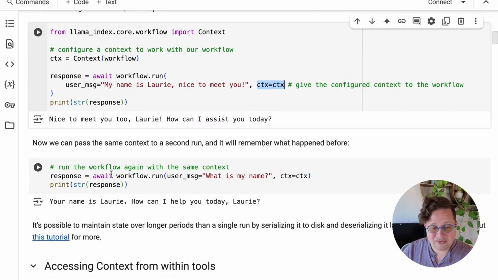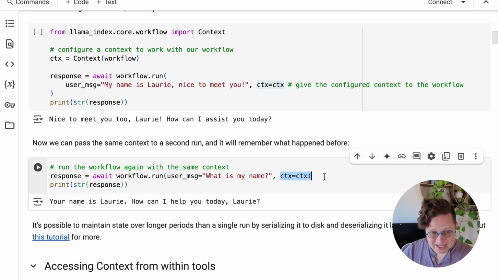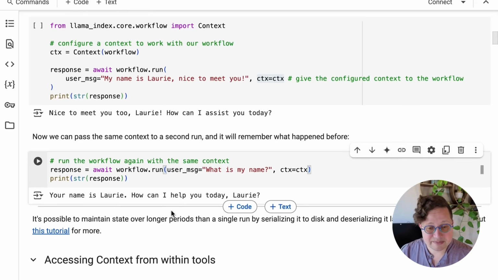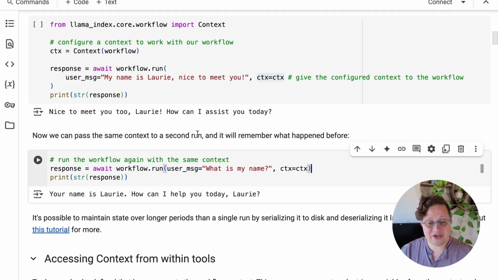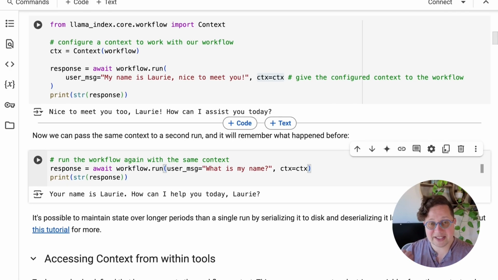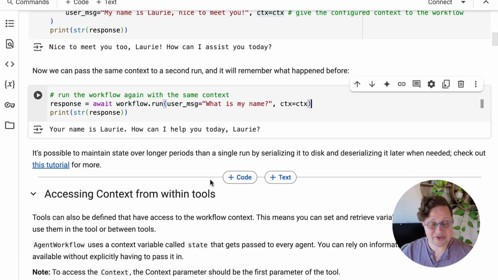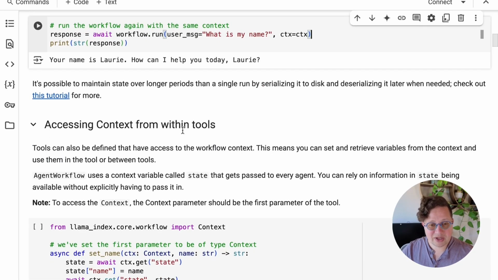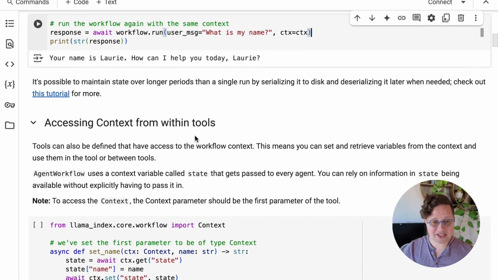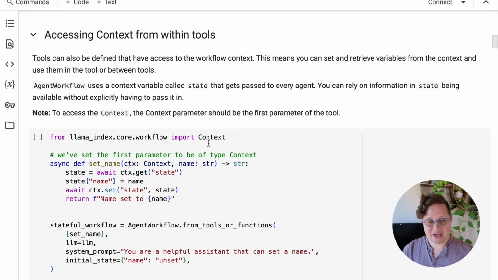But now, if we run this workflow a third time and pass it the context again, this time we can ask it, what is my name? And it remembers from the context what my name is, that my name is Laurie. It is possible to maintain state over longer periods by taking the context and serializing it to disk and then unserializing it and passing it back in. When you are reading this notebook, you can click on this tutorial to find out more about how to do that. But right now, we're going to be talking about how you can access the context from within tools,